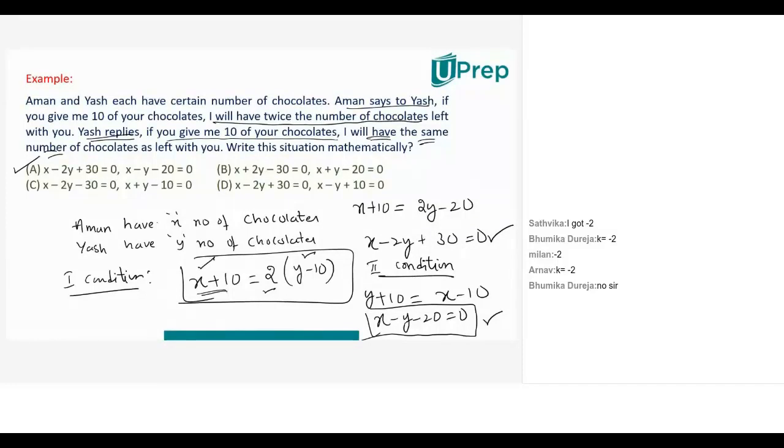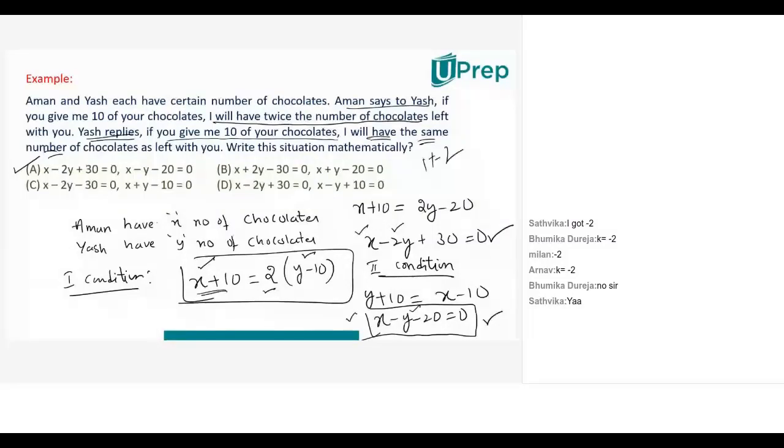Excuse me, sir. Yes. Sir, if we apply the formula that you told us, that if A1 upon A2 equals B1 upon B2, then sir, this forms an inconsistent pair. Whether it is consistent or not, you need to check. Let's check that. Clearly, your A1 is 1, A2 is 1. So A1 by A2 is 1. Your B1 is minus 2, B2 is minus 1. So B1 by B2 is 2 by 1, which is 2. So 1 is obviously not equal to 2.